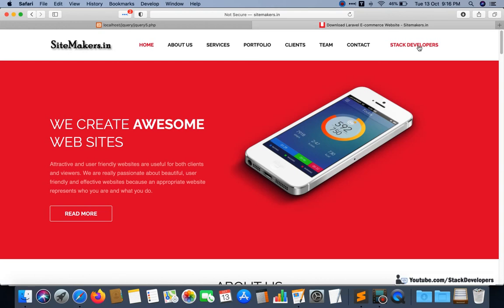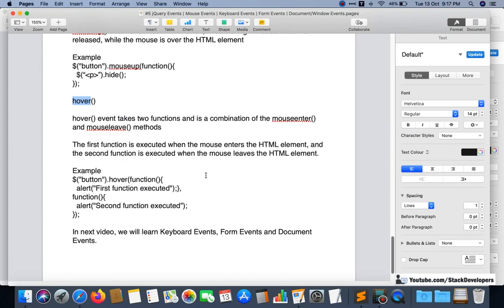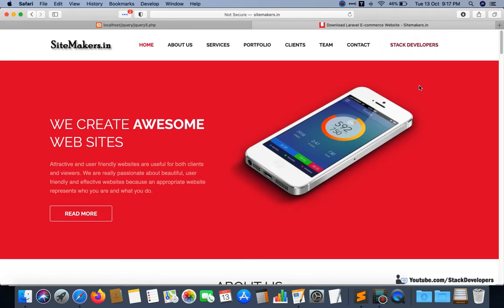The hover event actually performs two kinds of actions, two functions are there: one is executed earlier, and after the execution of the first one, the second one will be performed. See, the hover event takes two functions, and that is the combination of mouse enter and mouse leave.